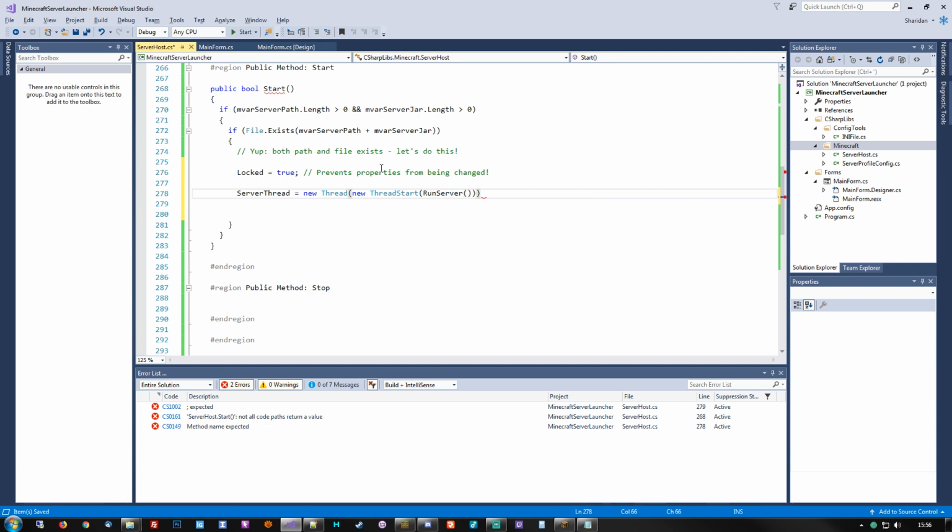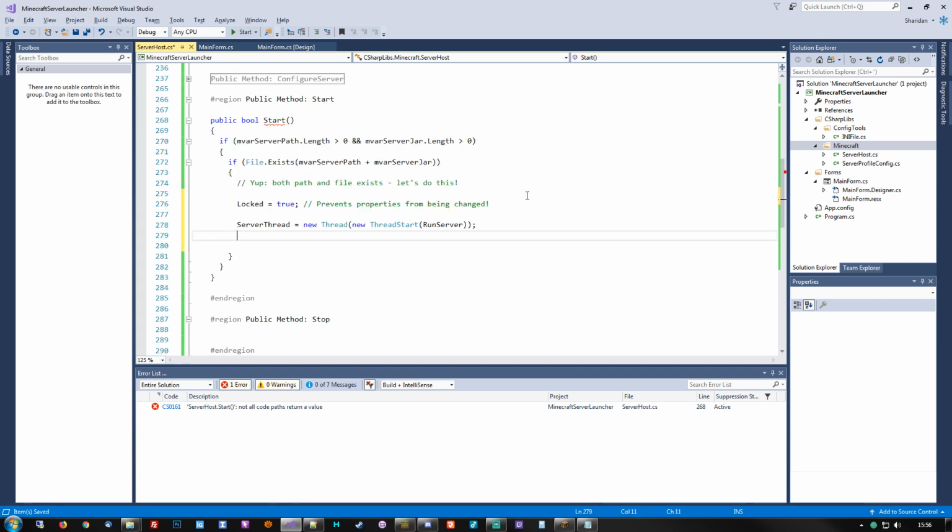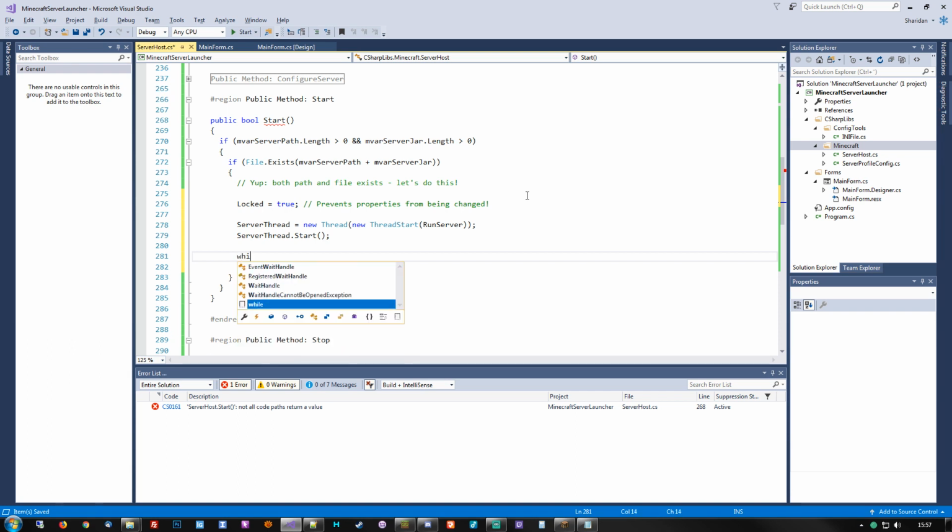Can't remember if we need these. Nope. There we go. Alright. Next up, we need to start it. So we'll do that. And just to monitor that the thread is actually starting up, we'll do a